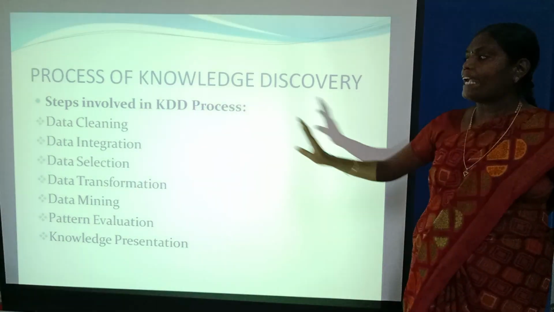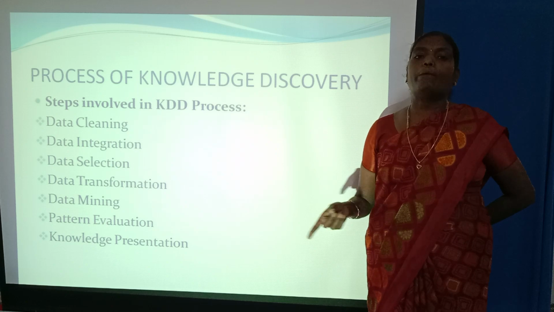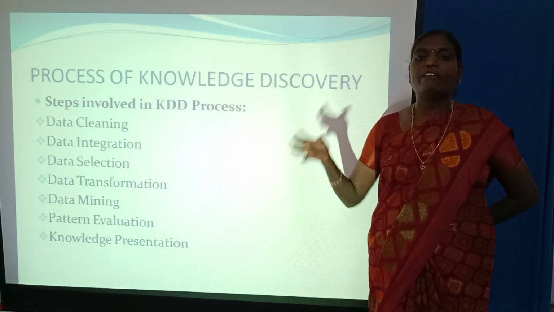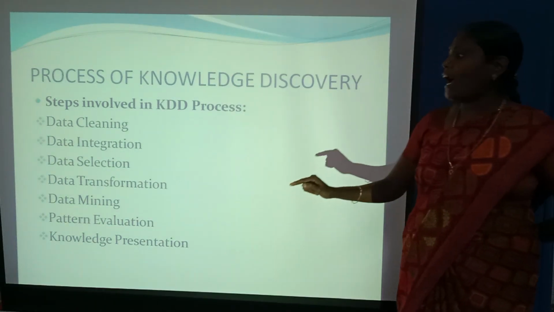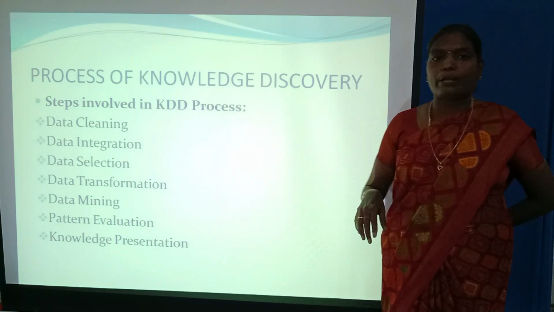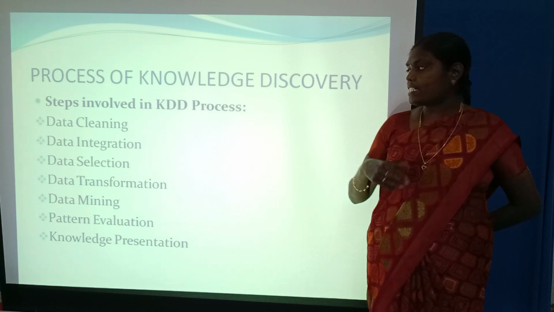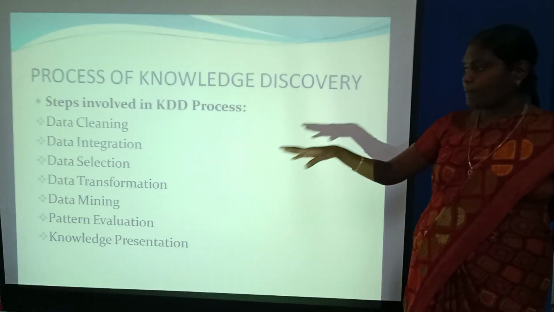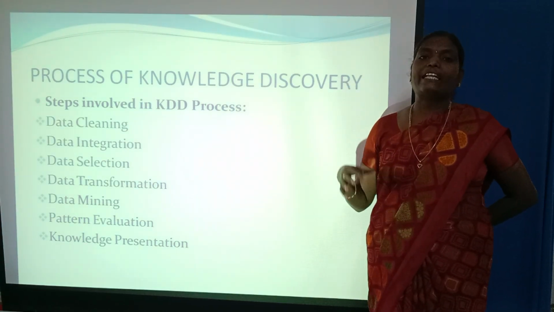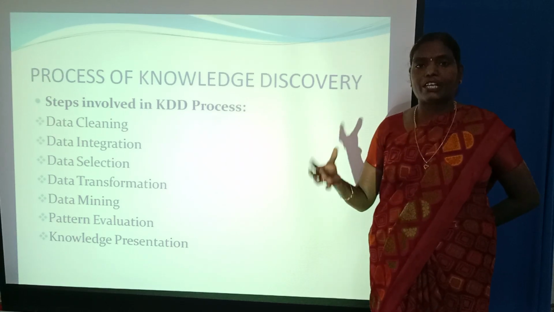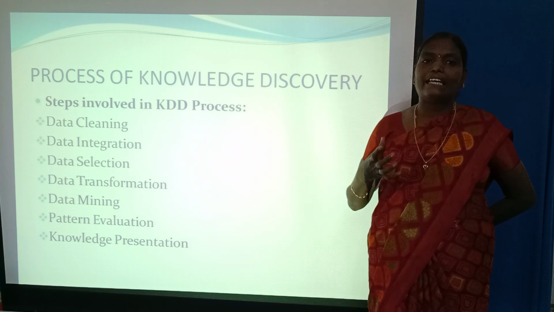Next we are going to see data integration. The word itself defines integrate. We can integrate the data from heterogeneous sources, collect the data, and use it for our future use. That is data integration. Next, move on to data selection. Selection means we have to select the data which is appropriate for our future use. And the next step is data transformation. In data transformation, we combine the structured and unstructured data. Why? Because by combining the data, we can get clear data.